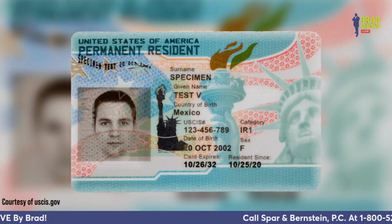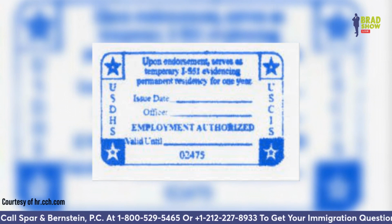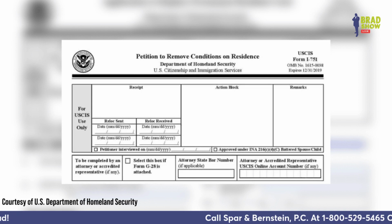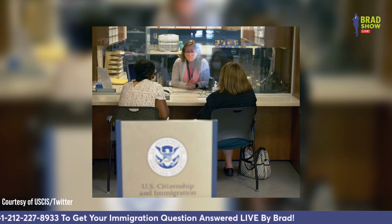Those who really know it are those people who filed to renew their green cards and needed to travel and didn't have the renewal of their green cards. The other people who know these stamps very well are people who have a conditional green card and their conditional green card expired and they filed the I-751 to remove the conditions of their permanent residence, and the extension on that notice was already expired and they don't have a decision on their I-751, and they would have to go down and wait in line all day long to get a temporary stamp in their passport so they can work